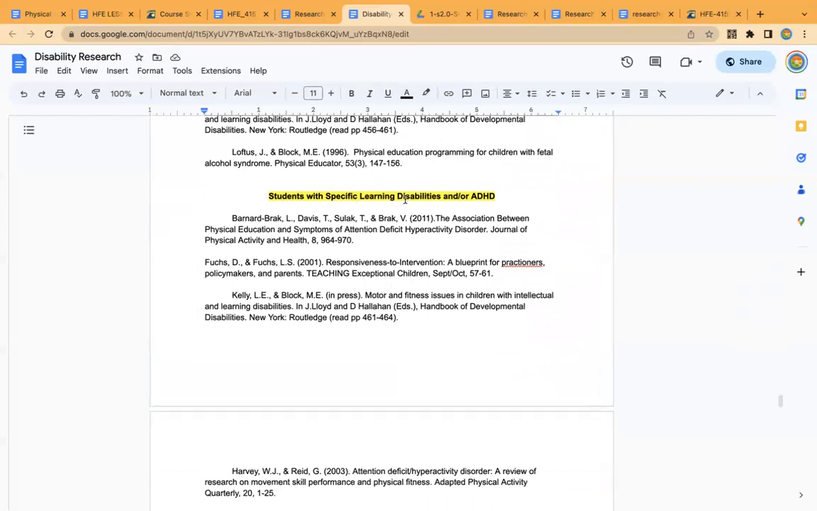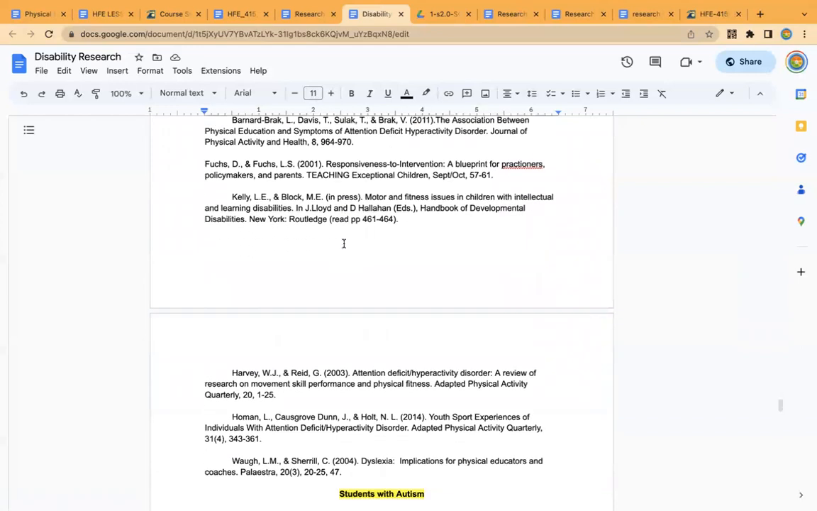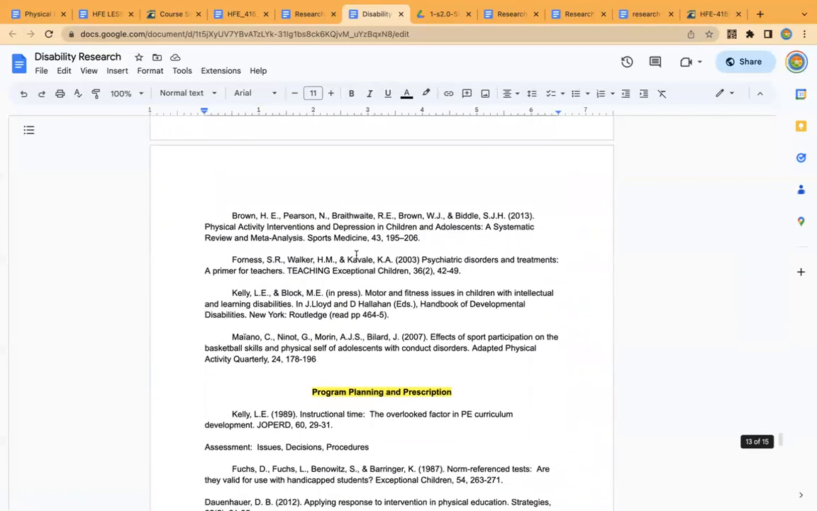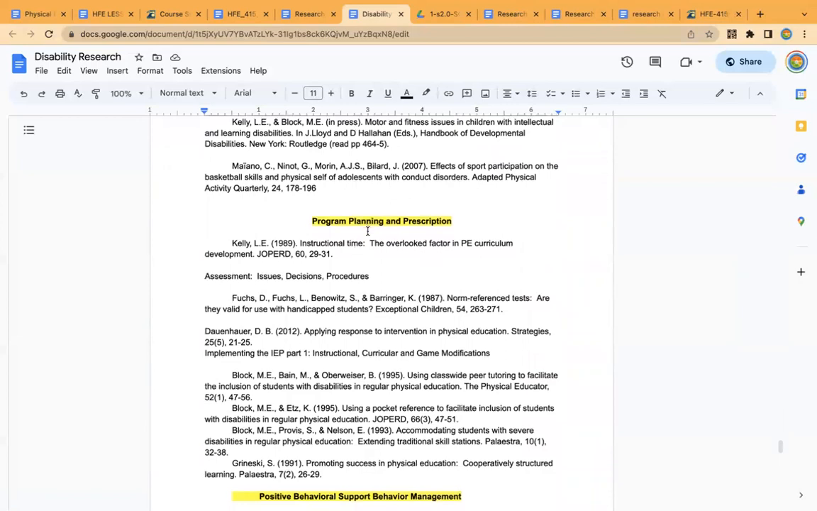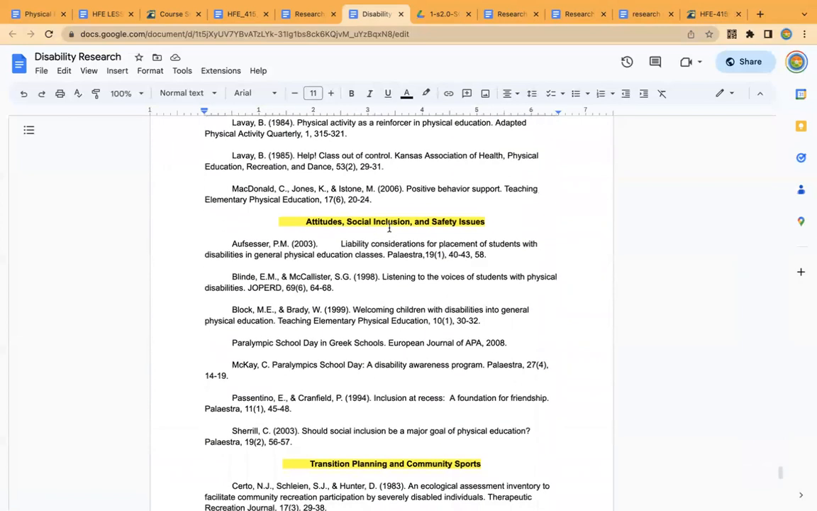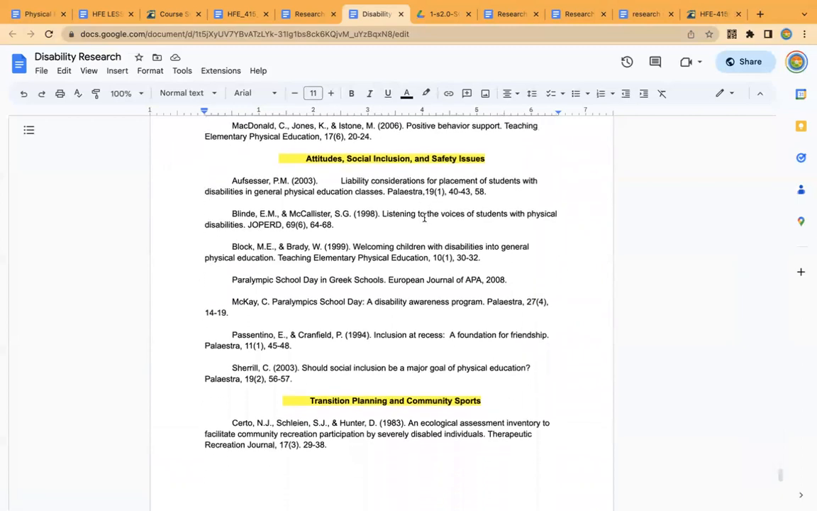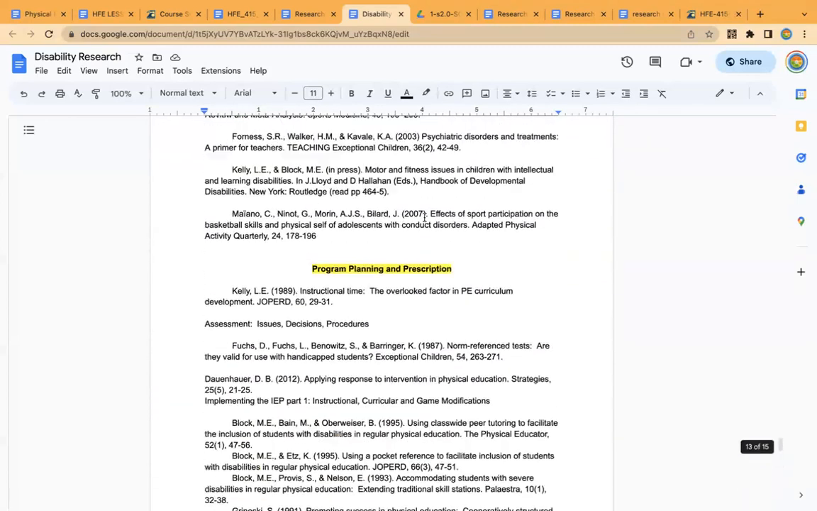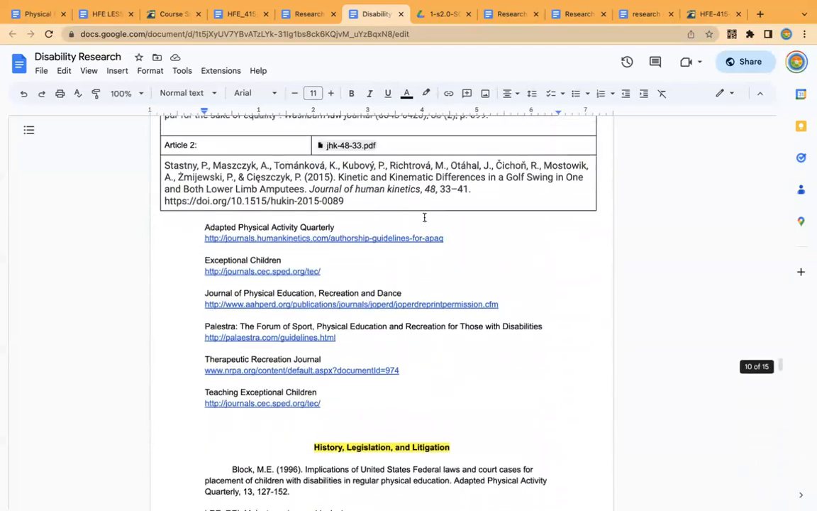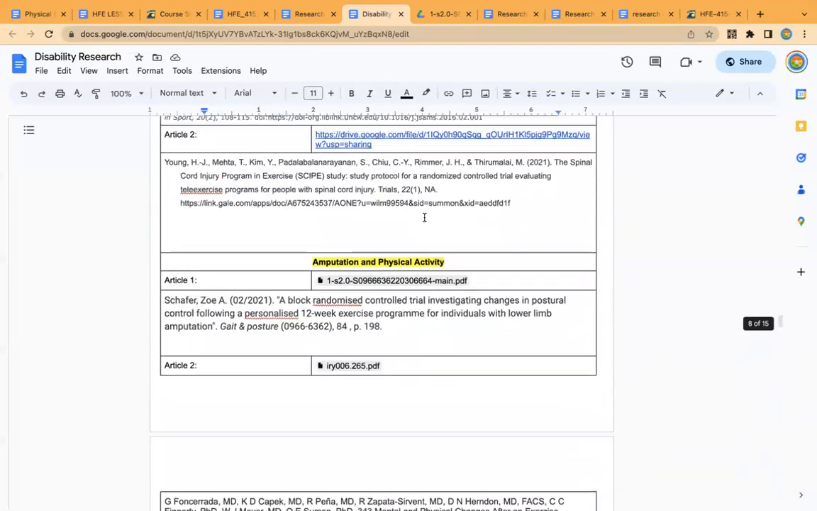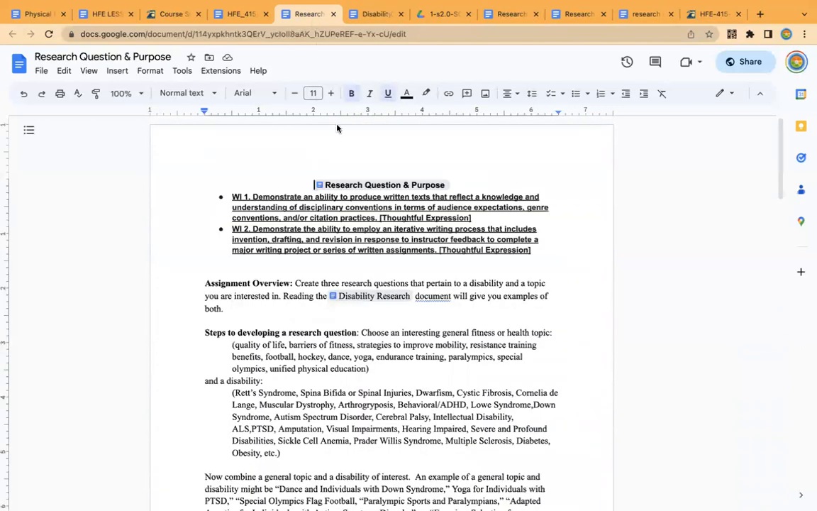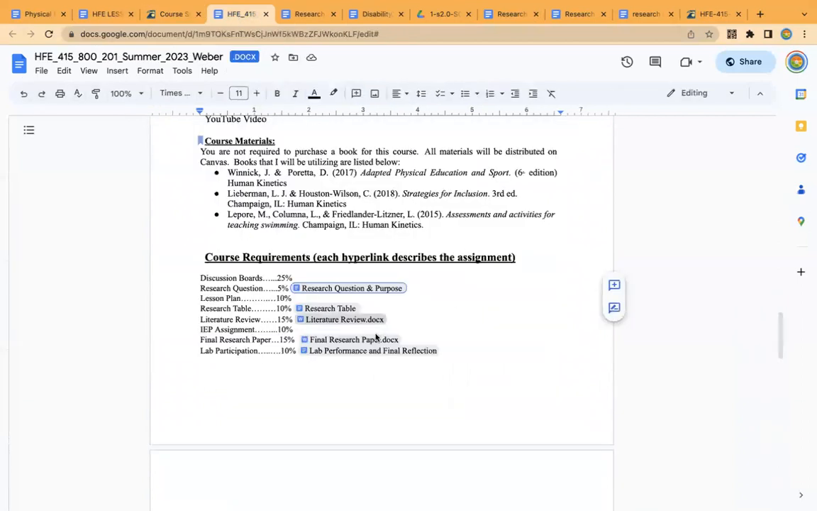Students with specific learning disabilities, here's some articles on that. Students with autism, students with severe emotional disturbances. So program planning and prescription, attitude, social inclusion and safety issues, transition planning, community sports, Special Olympics. So whatever topic you're interested in, do some research, create 5 articles, or come away with 5 articles that will basically